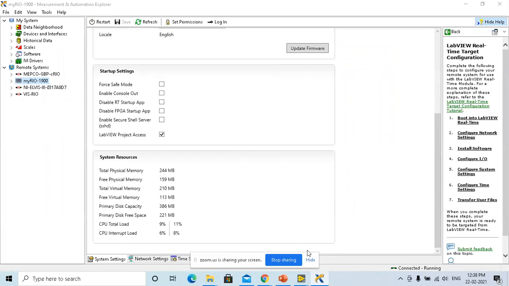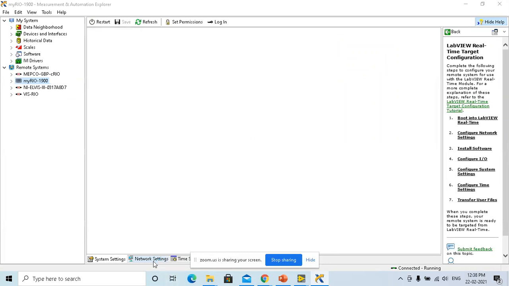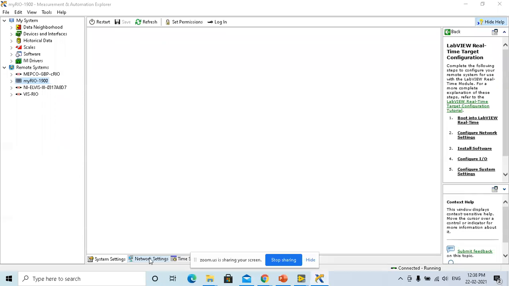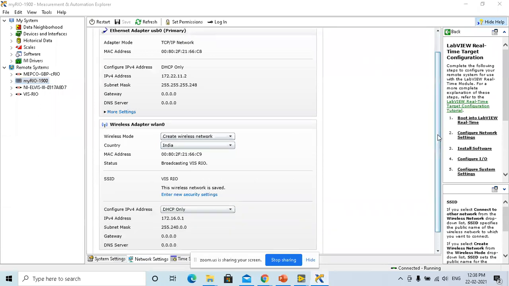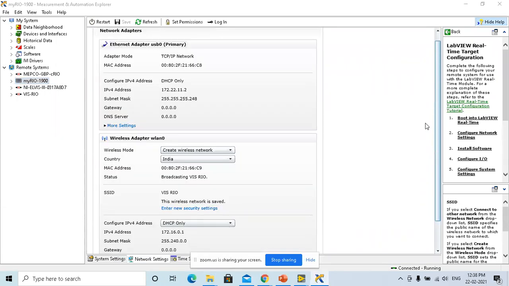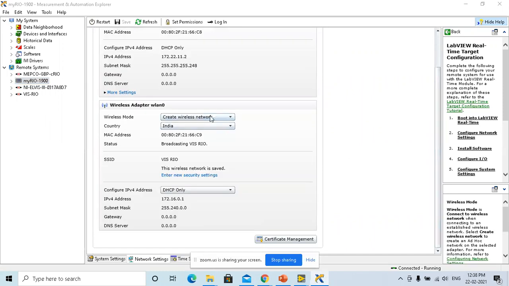But what is going to be the focus for me is the network settings, where I can see whether the Wi-Fi in my myRIO is going to be a hotspot or a router.